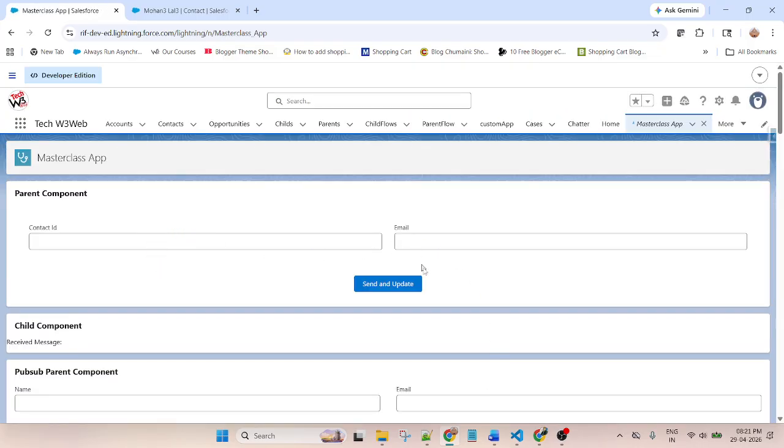Okay, now it's looking good. So the first task is completed, how to create a component. Second task, once I click on the button, first I will send the contact ID. Once the contact ID is sent, the related contact detail will display here. Based on the respective contact ID, I will display the detail here.